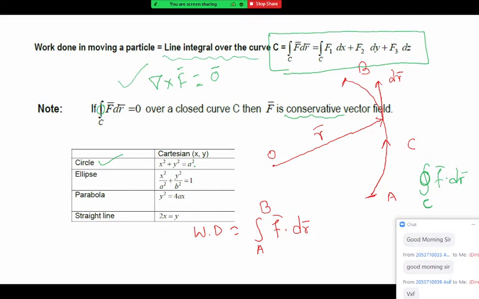Quick. What is the parametric equation of a circle? x square plus y square equal to a square. No, I want x and y in terms of a parameter. What is x? Okay, so he gave an answer, but you should tell me correctly. So for the circle, x equals a cos t, yes, and y equal to a sin t.